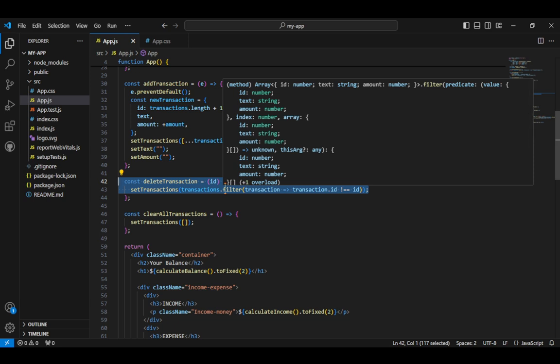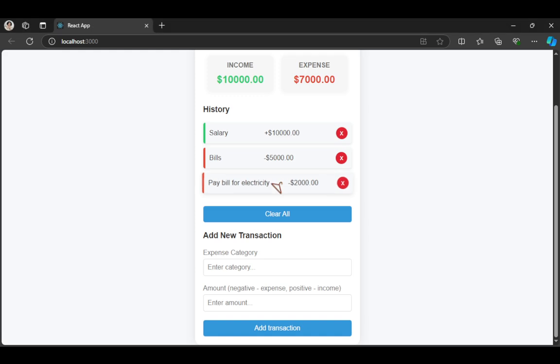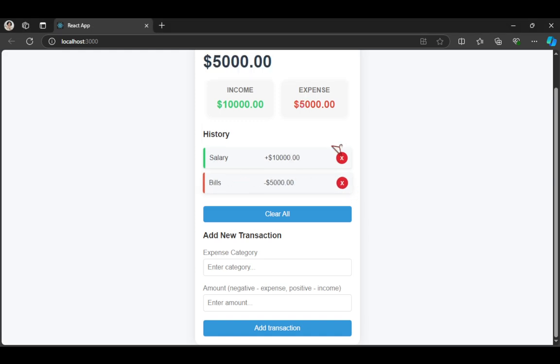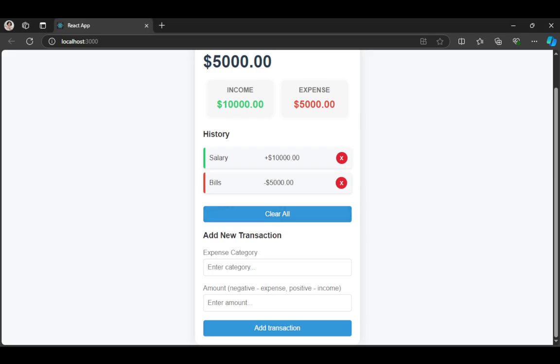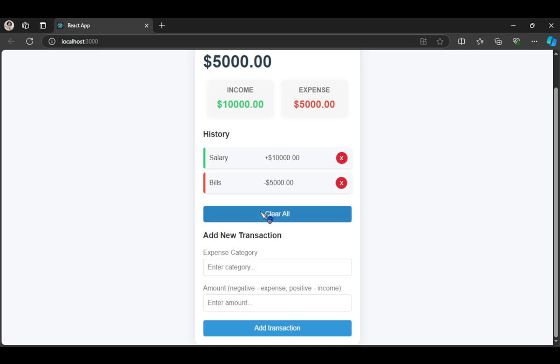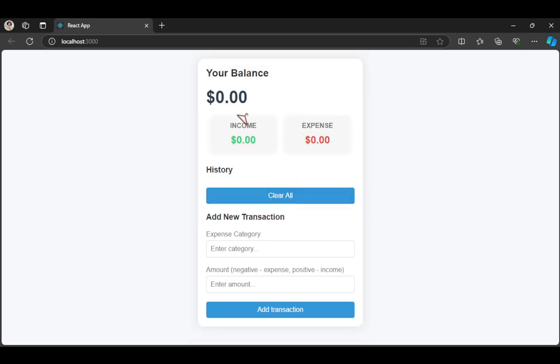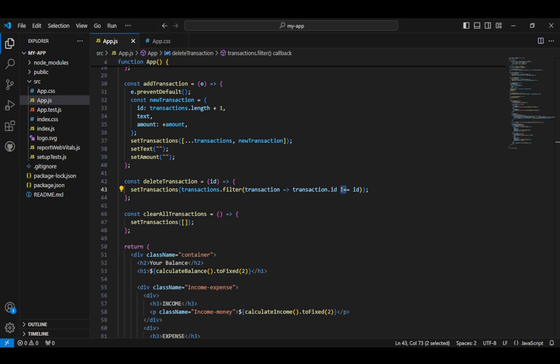It can delete by ID, like this. If I delete this, delete. And then the clear all transactions, its purpose is to clear all the transaction history. To clear this, the history is gone, the transactions are gone, and your balance goes back to zero.